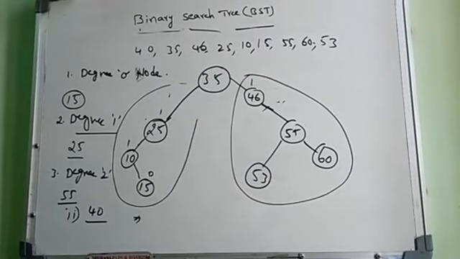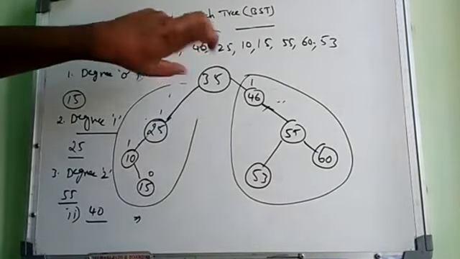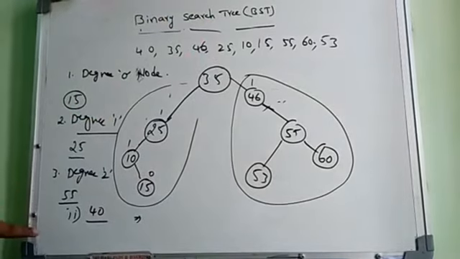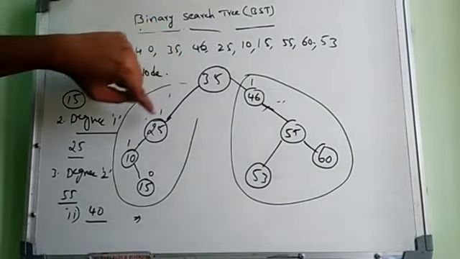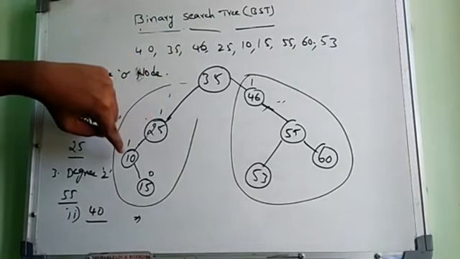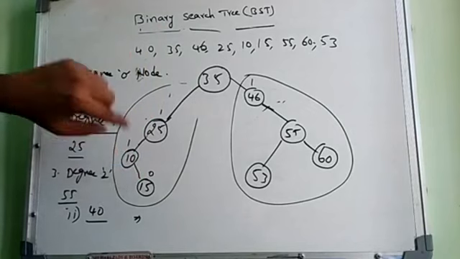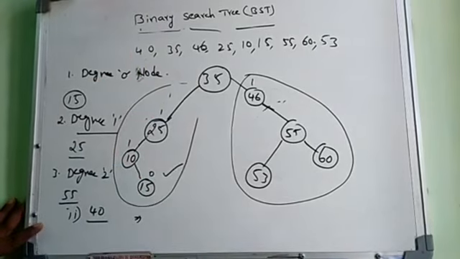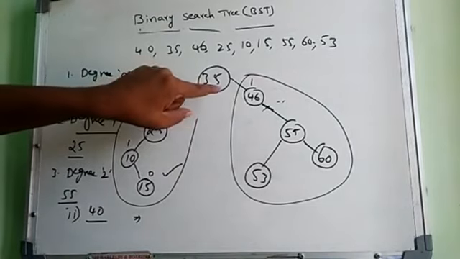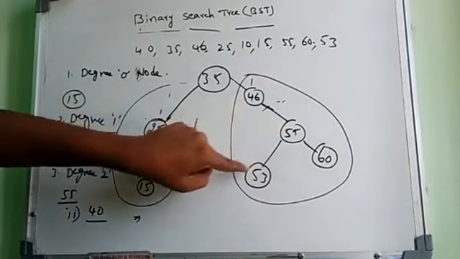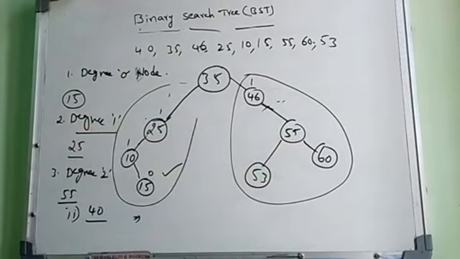After deletion happens, check once again whether all the nodes satisfy the binary search tree conditions. Check both sides, because the root node has changed, which will affect both the left side and the right side. So 35: 25 is less than 35, yes, that's why it is on the left side. 10 is a lesser value, 15 is a greater value than 10. So it follows the rules of binary search tree. On the right, 46 has a greater value, less than 53, and 55 has a greater value. So all the nodes are following the binary search tree rules.